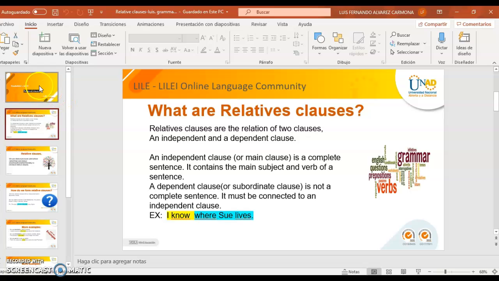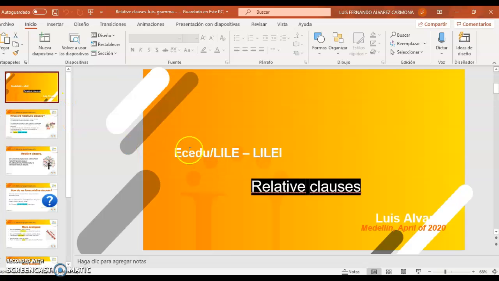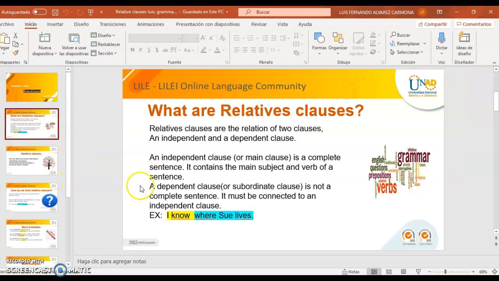on grammar encounter. Our topic was especially about relative clauses. In this topic, we're going to learn how to use and apply the right conditions to use relative clauses the best way. To begin with, I shared something like what are relative clauses. In general terms, relative clauses are the relation of two clauses, an independent and a dependent